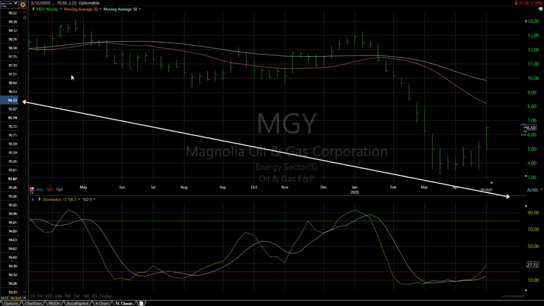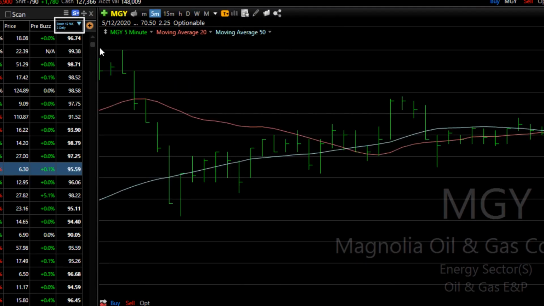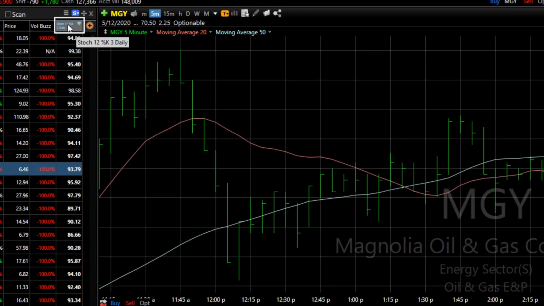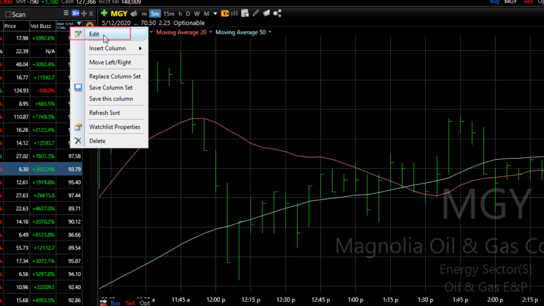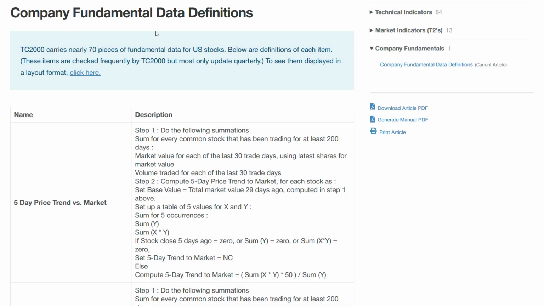So now that we see the key differences between both platforms, let me walk you through what you actually get with each one. I tested every major tool, and what I found was a clear split between a fast and reliable trading platform and a versatile charting playground. Let's start with TC2000. If you're a trader who needs to find opportunities fast, this platform feels like it was